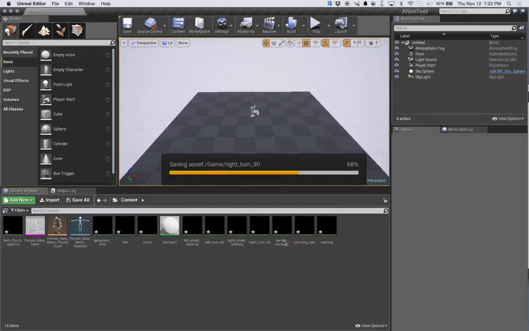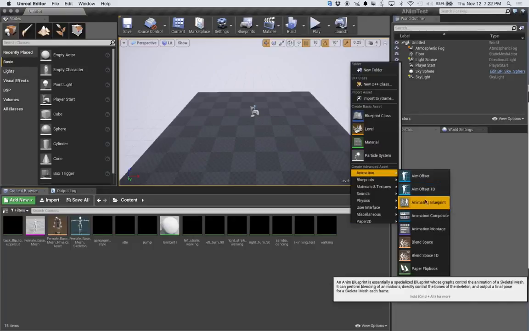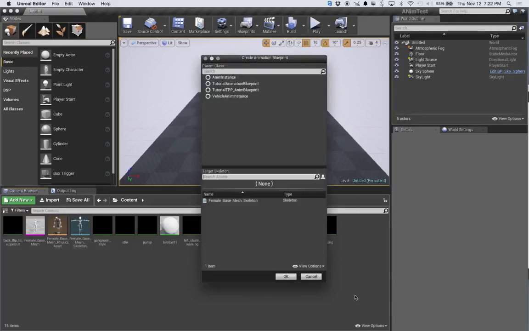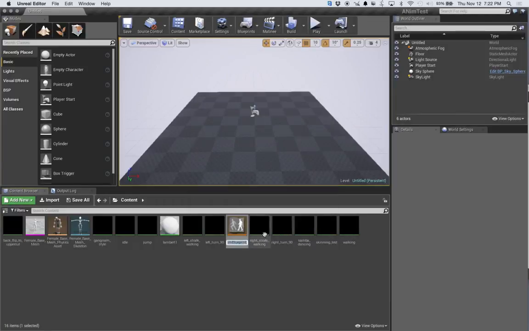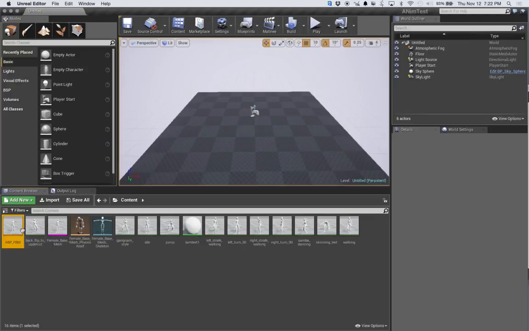So I'm going to save this, make an animation blueprint, and it's going to include that female base mesh skeleton, and it's ABP female base mesh. There we go. So normally,